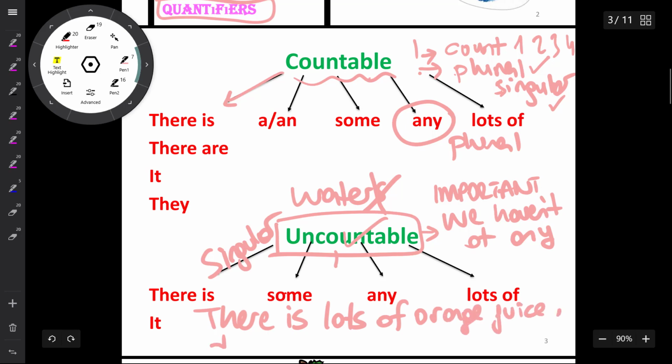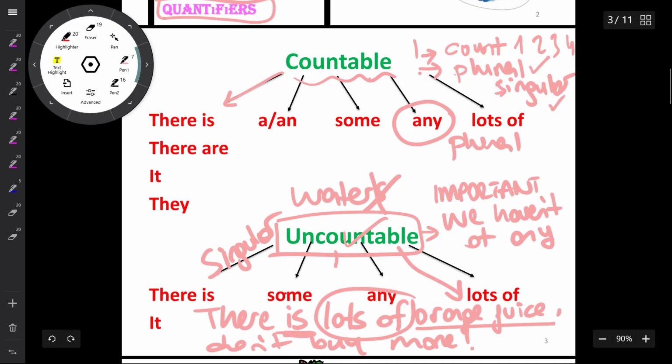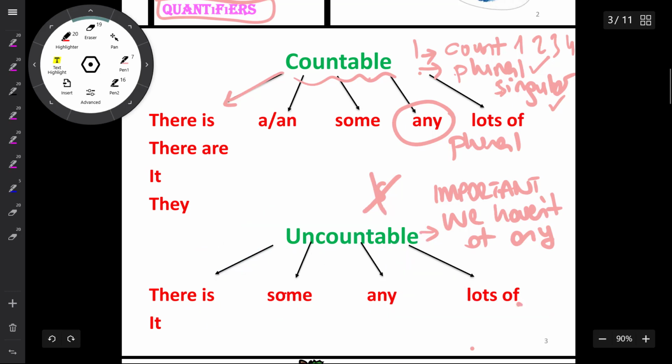So, don't buy more. Okay? Don't buy more. There is lots of orange juice. Don't buy more. Orange juice, liquids. So, it is uncountable. Uncountable nouns, we can use lots of, of course, and it is with the singular form. That's it. This is the best way to remember the quantifiers. Lots of and some, any. Okay,